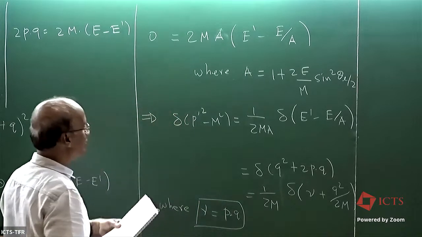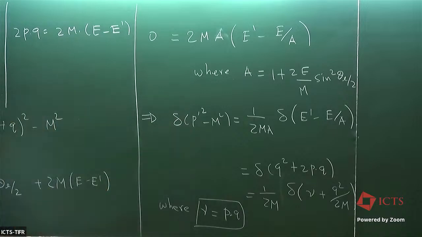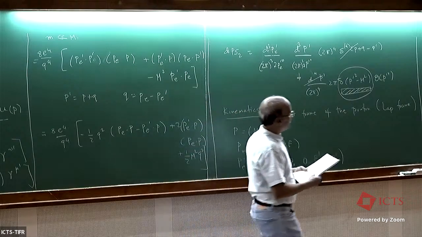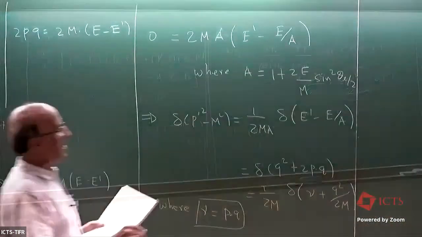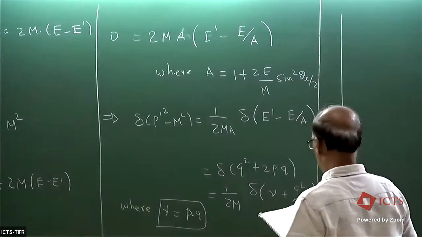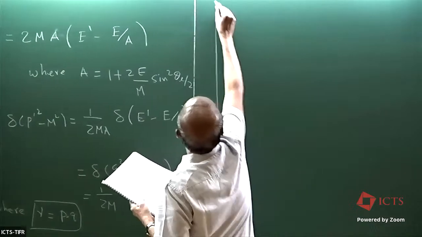Okay, so there are two ways you can express this delta function. This way, we can actually do this energy integration and also this integration over the leptons. So let me just continue with this and write down the entire phase space now. The entire phase space would look like something like